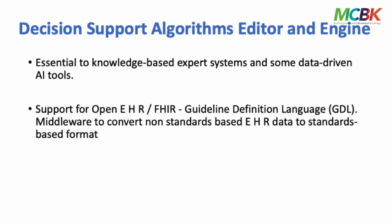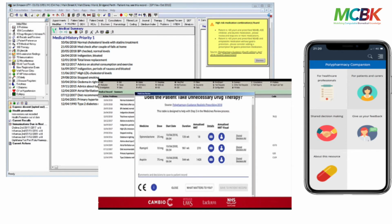A couple of illustrations. This is a decision support alerting working in one of our primary care electronic health record systems, Vision. This is an alert about a triple combination of high risk medicines based on our polypharmacy guidance. This example here shows the clinician being alerted to drugs that, according to our polypharmacy guidance, might be potentially considered